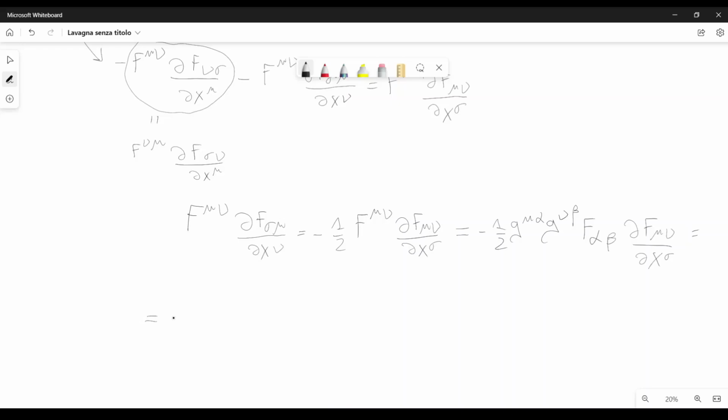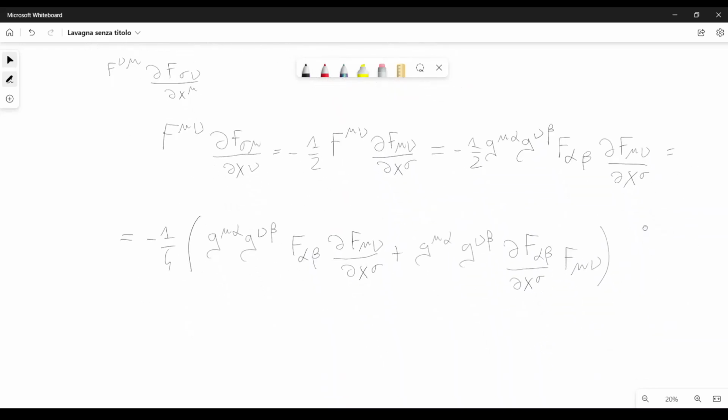It's easy to observe that this can be written as minus 1/4 g mu alpha g nu beta f alpha beta derivative of f mu nu with respect to x sigma plus g mu alpha g nu beta derivative of f alpha beta with respect to x sigma times f mu nu,